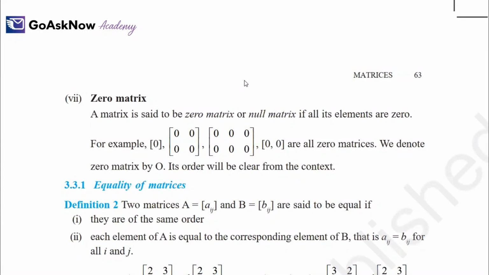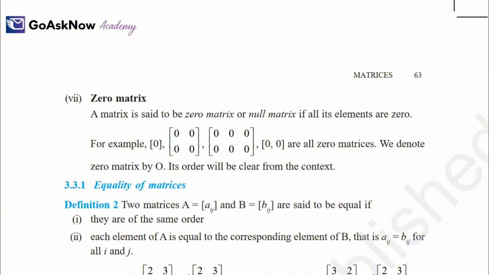Hello, dear students. Till now we have talked about the definition of matrix and also seen the types of matrices and the order of a matrix. This is your third chapter of class 12th NCERT portion, maths. We will continue our discussion in this class and see what the next topic is.